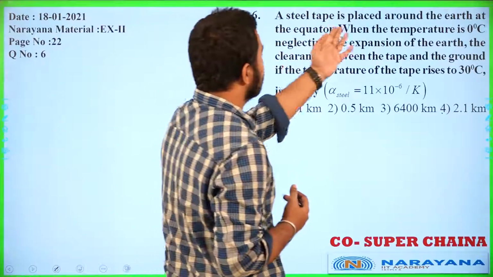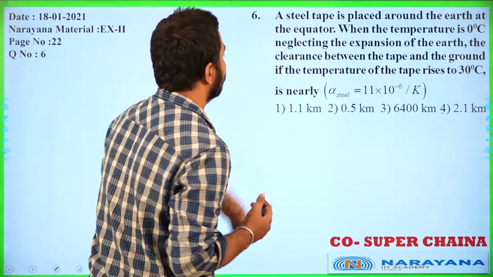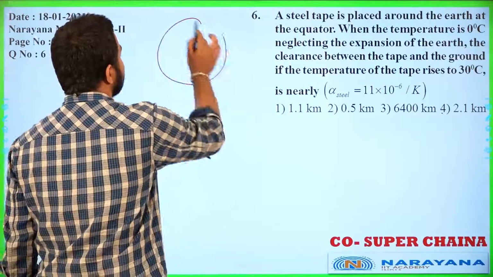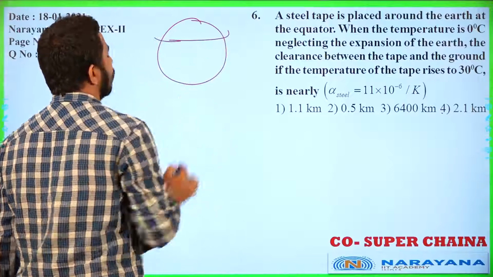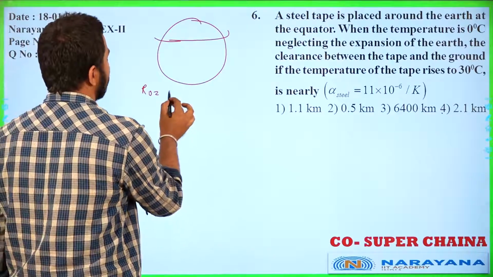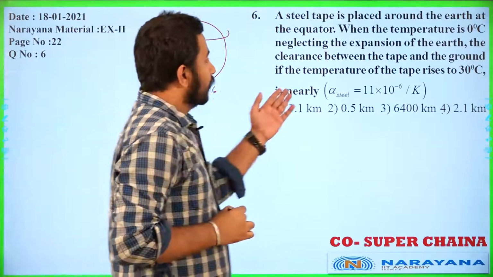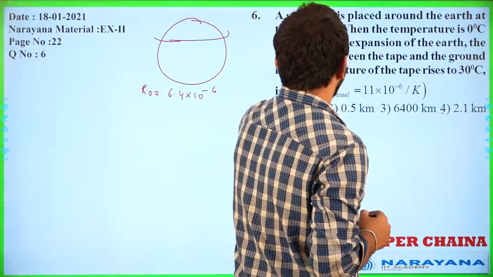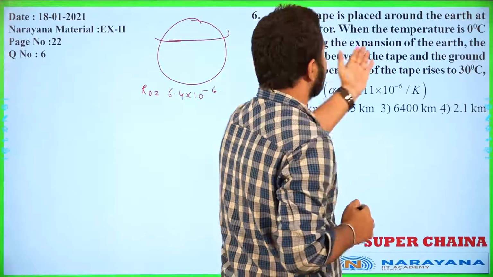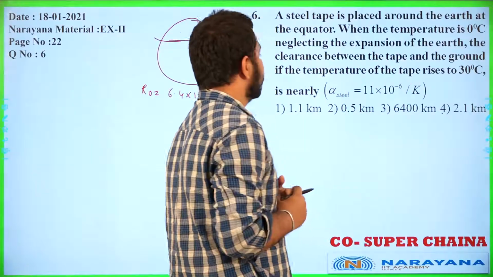A steel tape is used to measure the radius of the earth. So I have a steel tape from which I measure this whole earth. So I can write R0, which is the initial value, as 6.4 into 10 to the power 6 (meters), when the temperature is 0 degrees. Neglect the expansion of the tape; find the clearance between the tape and the ground